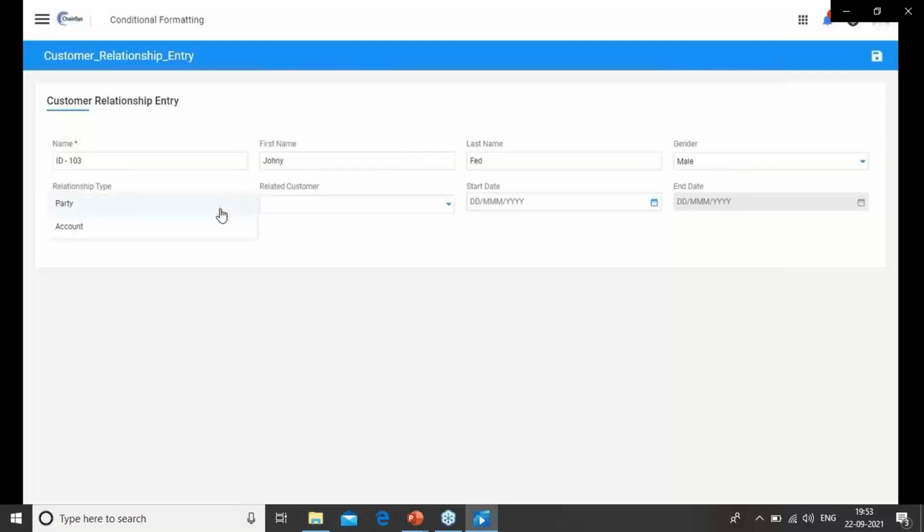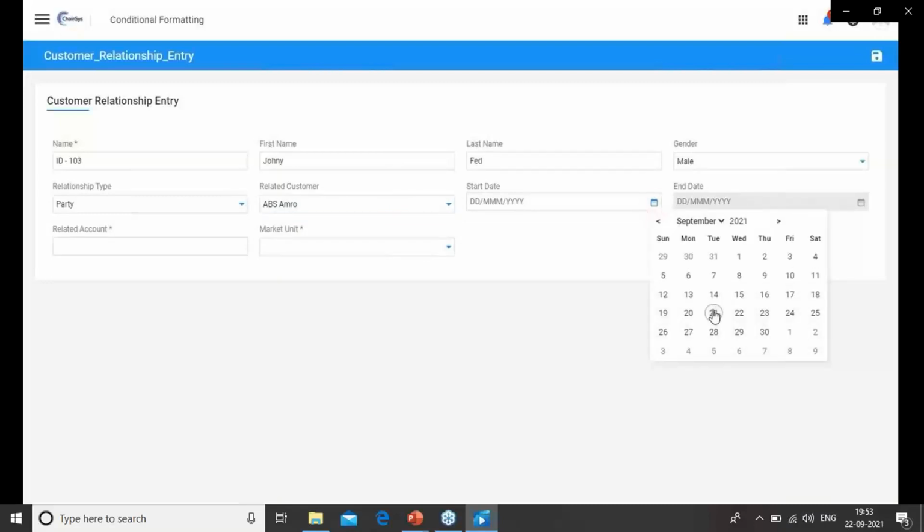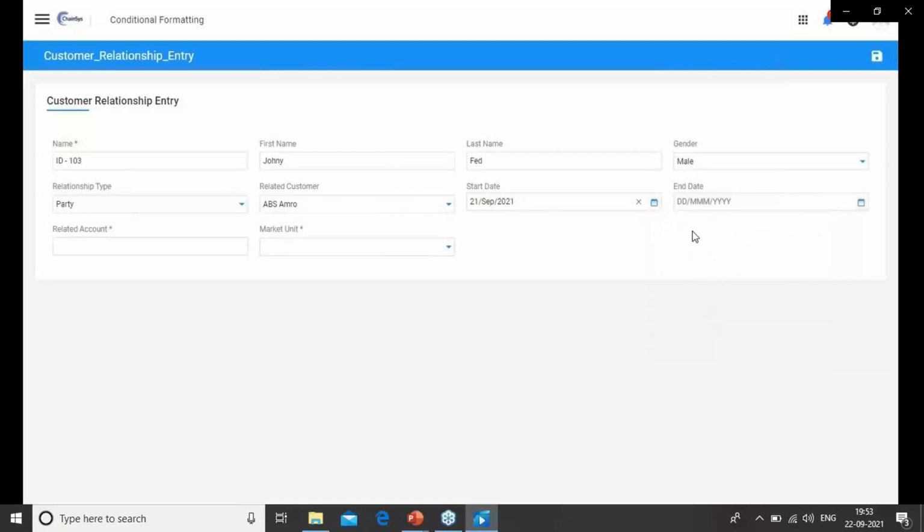Click relationship type as party. Then the related account and market unit will be visible, and they have been made mandatory also. You can find that end date is a read-only field. But once you provide a value in start date, end date will get enabled. It will be made an editable field.